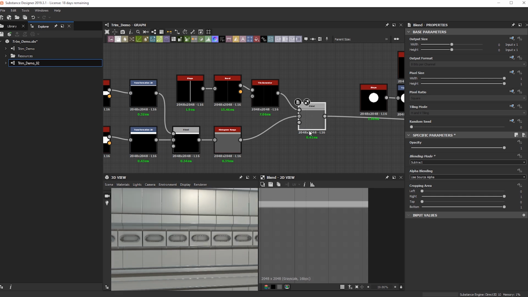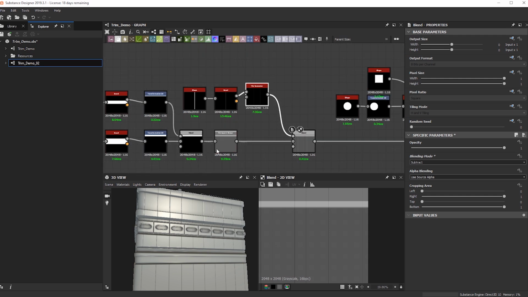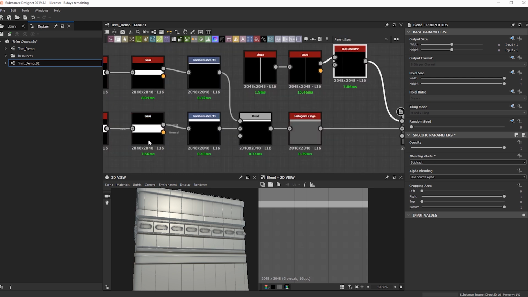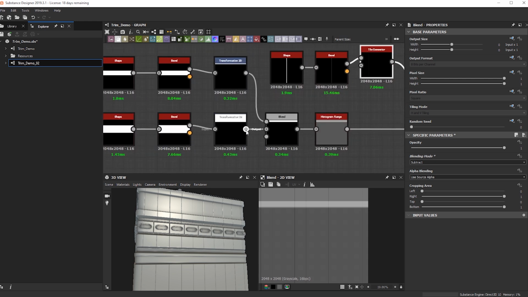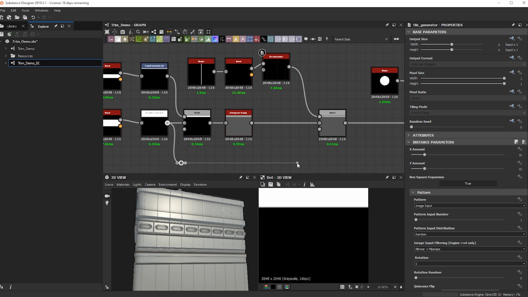Cool. So this is exactly what I'm looking for, and it's even giving us some cool stuff down here that I might want to use. But for now, I just want it showing up on this part. So let's see, which one can we use? We can use this Transform 2D and possibly use it as a mask. So I'm just going to grab this guy. And I don't want to cut across our graph, just to keep it clean. So I'm just going to hit Alt, and that brings in our dot nodes, and we can just reroute it around.